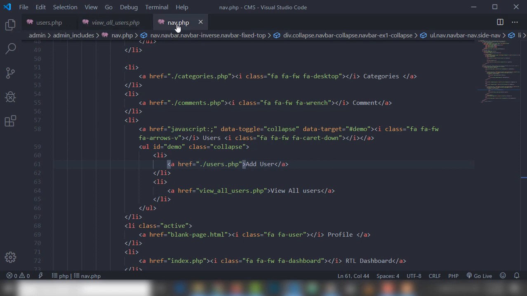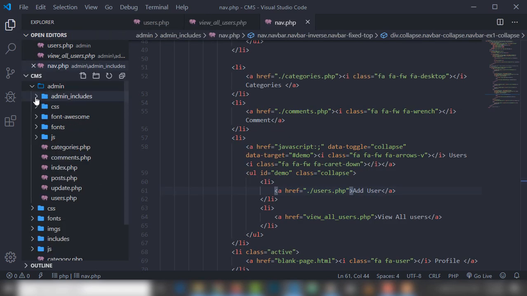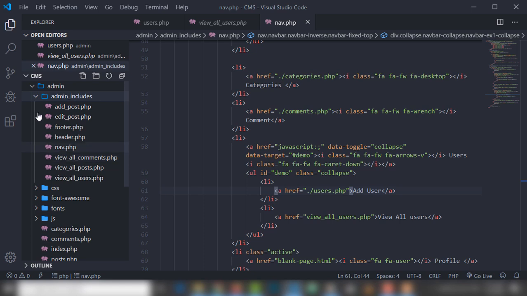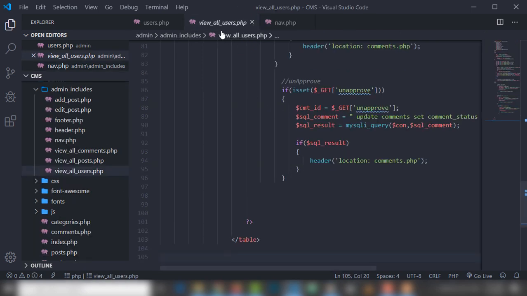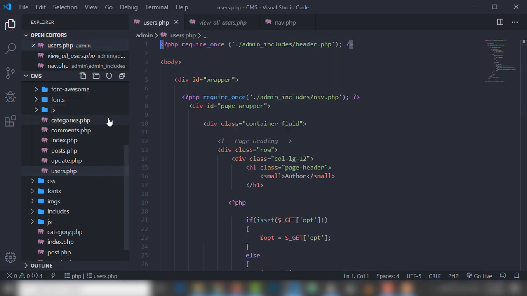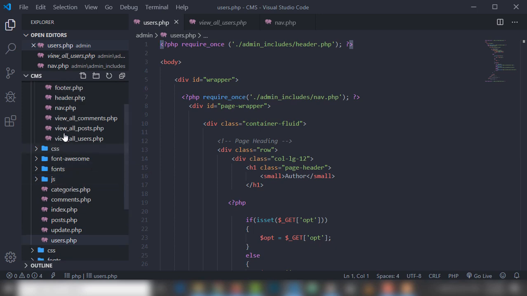And this file is available on this one admin panel, right? Open this one file, and we have assigned the link inside add user and also view all users, right? But we need to create this one page. So this is a view all page. Inside view all page, here was simple, I think I have made this one page. Yes, this is the page, view all